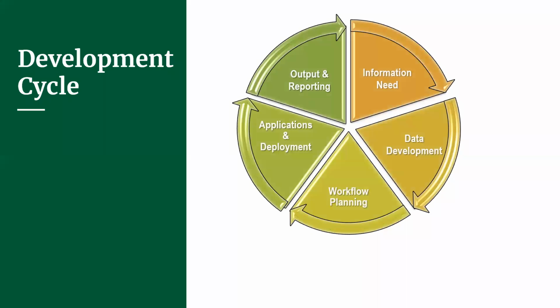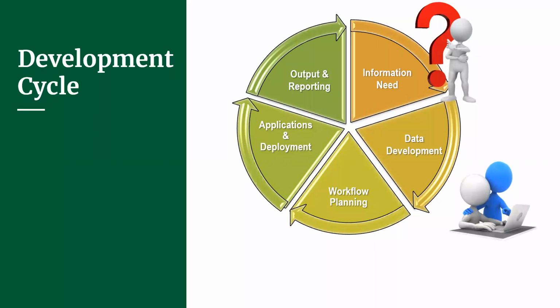So one of the things that we do is we have a basic development cycle that we use when we're creating our applications and our data products. We're going to show you the cycle today, and this will show up throughout the presentation. One of the first things that usually happens is we have a need for information, and oftentimes that comes from a field user or a supervisor who requests the information. And then the next step is, once we get that request, we oftentimes have GIS data that's available to us or other data sets that we've already developed that we can start with.